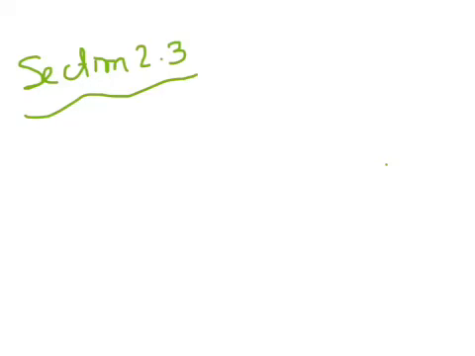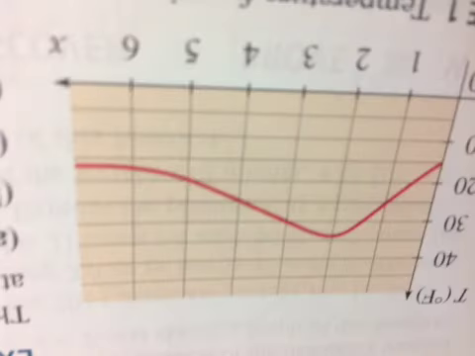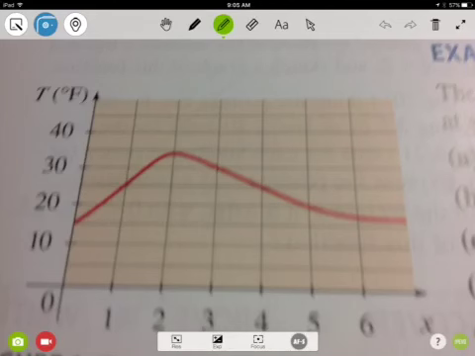So anyway, section 3 is talking about how to get information from the graph of a function. I have to click over a couple more slides here just because I was messing around. But anyway, the picture is going to be on there and it's going to say how do you come up with